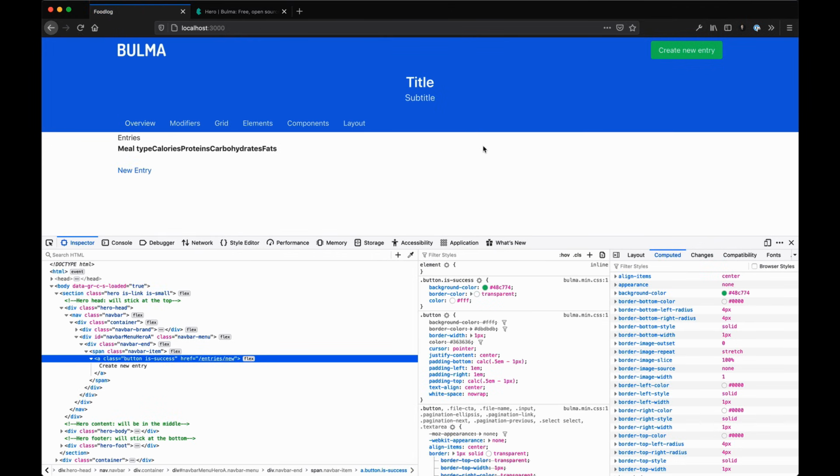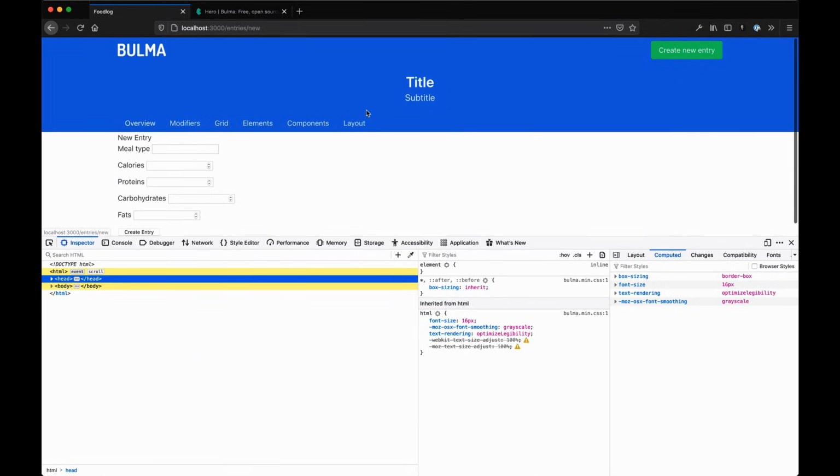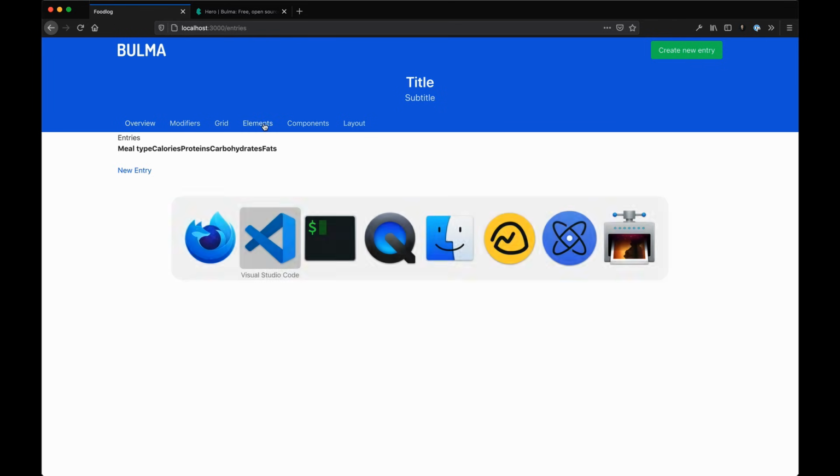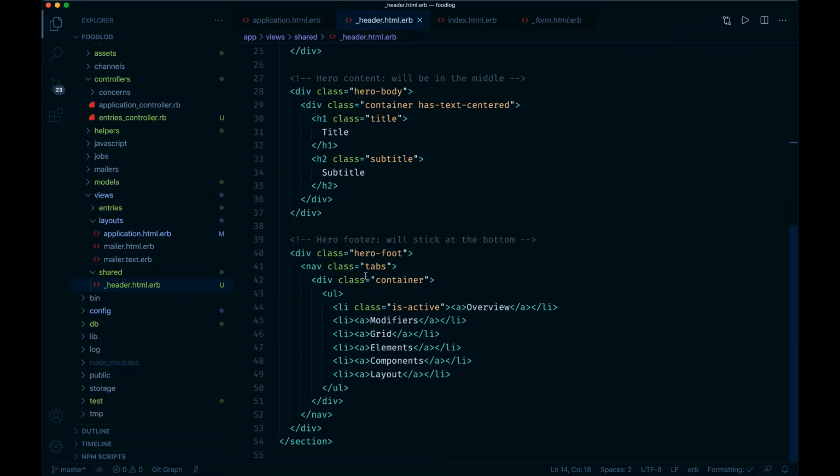Okay, so that gives us at least a button that does something. So we could click that now and it'll actually go to the new path. The URL up here goes to entries/new. And you'll notice that form we were actually looking at earlier with all those fields. It looks like garbage, but we'll fix that. Up here, well, I want to remove these nav elements. We don't need those at all. So I'm going to actually just kind of remove the footer itself